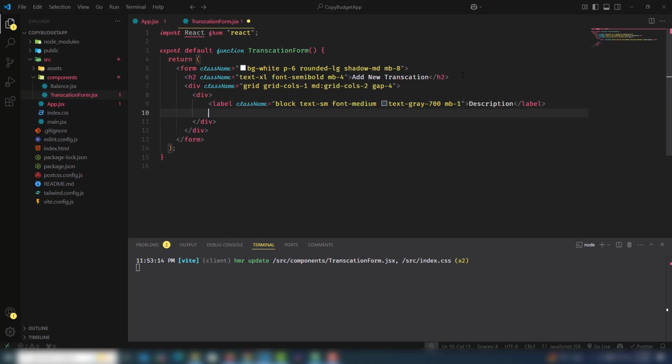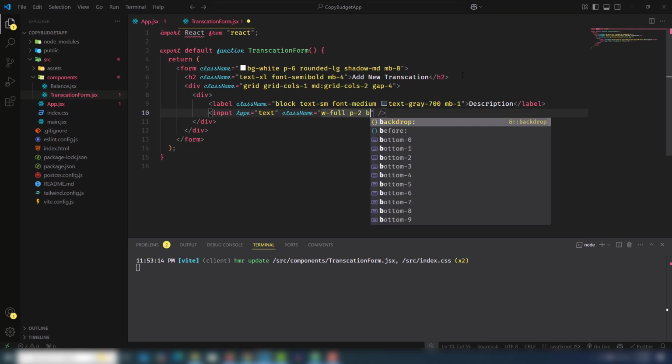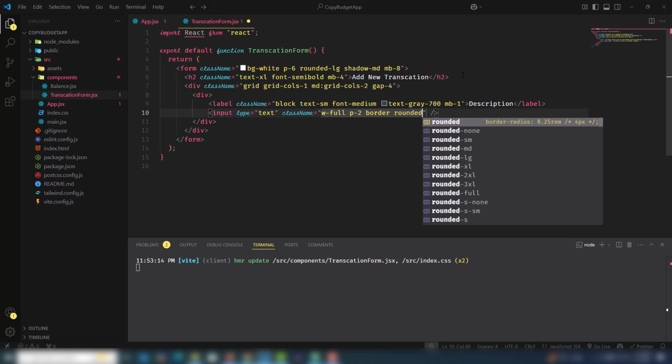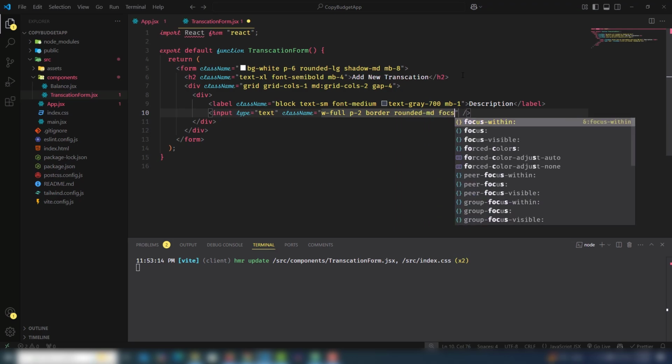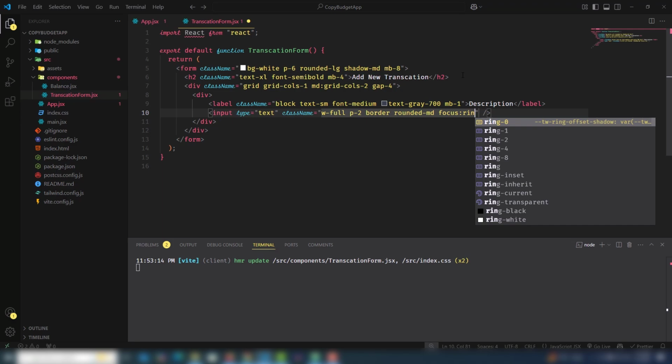And after this one I will use the input field, type text class width full, and padding all side to border, rounded md, focus ring. The ring I'm gonna use blue